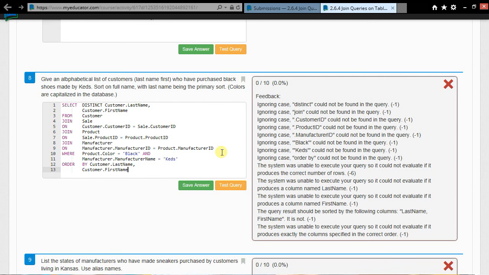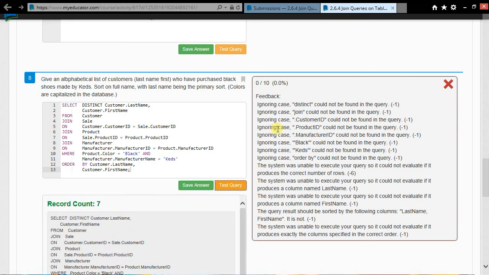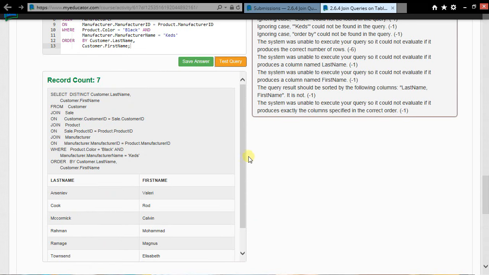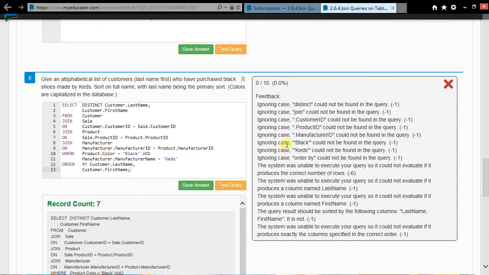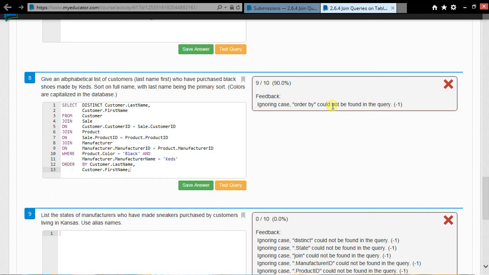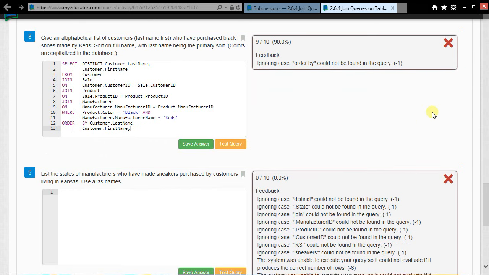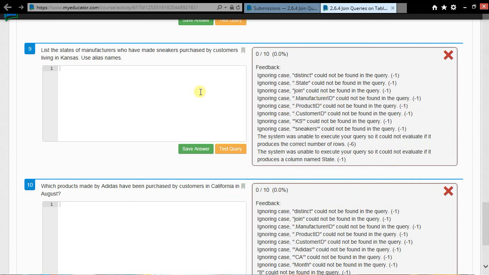By default, both of those will be ascending. And so let's test the query, make sure we're not getting any errors. And here are our 7 customers that have purchased black Keds. And when I save answer, the only point I should miss is the extra space in order by, so that's fine. And then moving down to number 9,